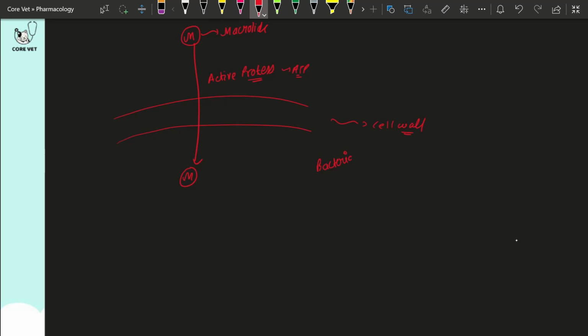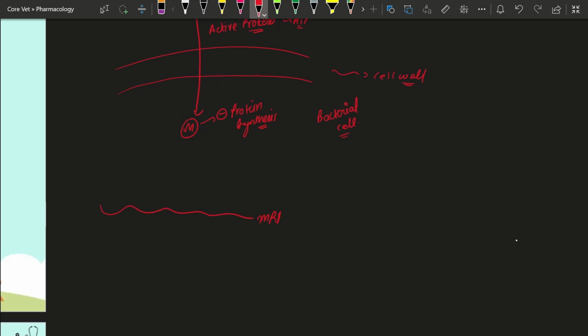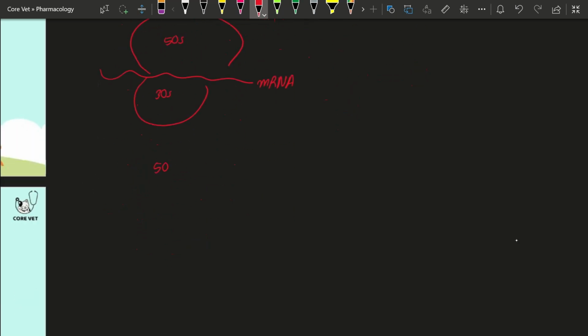it is going to inhibit the protein synthesis. This is our mRNA, this is the 50S subunit, and this is the 30S subunit. Now this macrolide is going to attach to the 50S subunit,